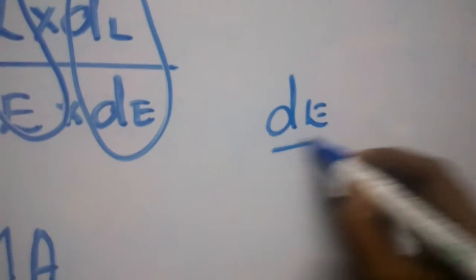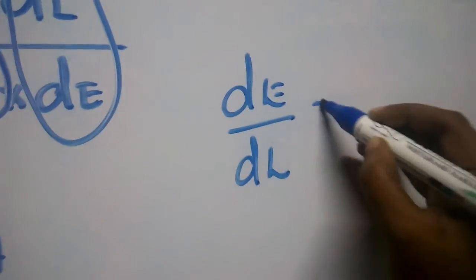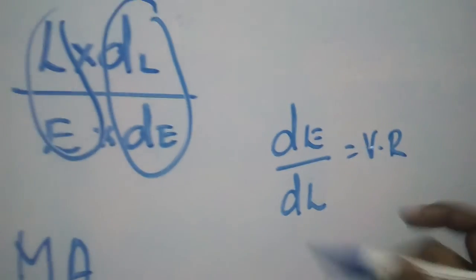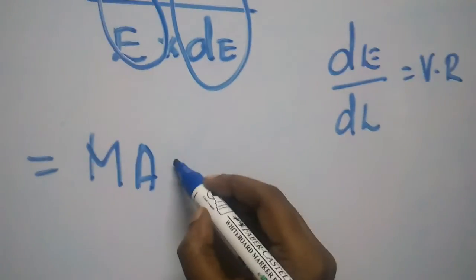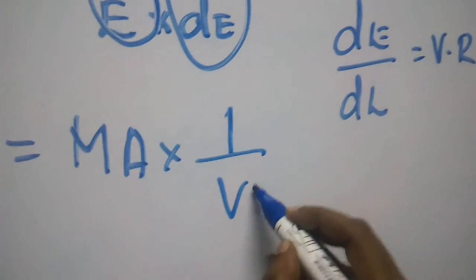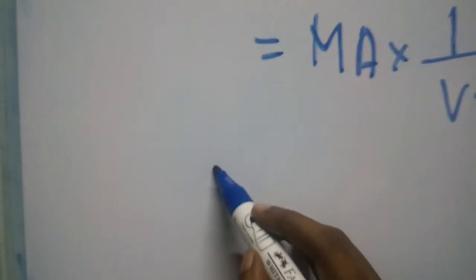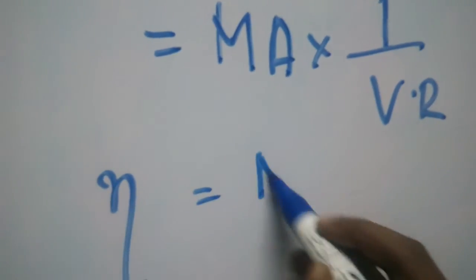What is L divided by E? It is none other than mechanical advantage. Then what is dE by dl? That is velocity ratio. We have already learned about that. So dl by dE is the reciprocal of velocity ratio. Therefore, efficiency eta